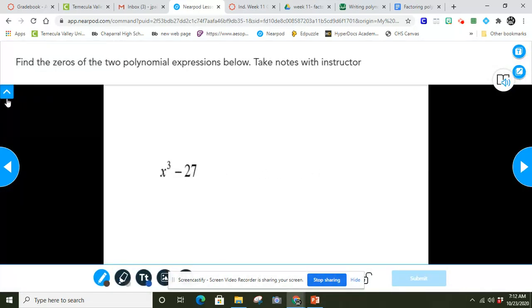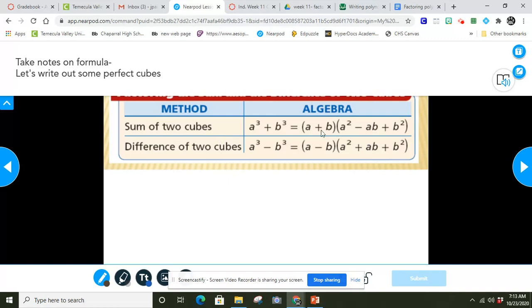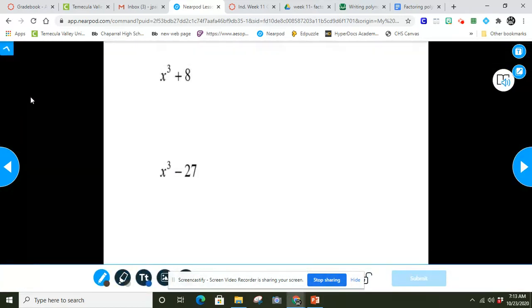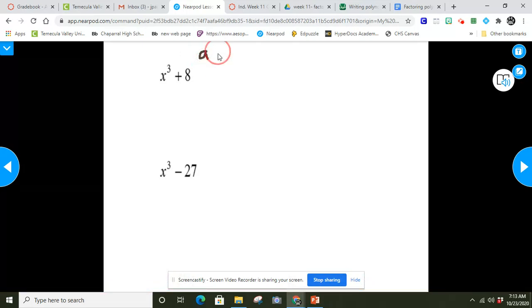All right, so here we go. We have a couple to try here. We got one that's a sum and we have one that's a difference. Notice 8 is a perfect cube. It's 2 cubed. So my a is x and my b is 2. And I'm just plugging that back into this formula. Wherever there's an a, I'm going to plug in x. Wherever there's a b, I'm going to plug in 2. For this one right here, it's the sum. So my pattern is a plus b,